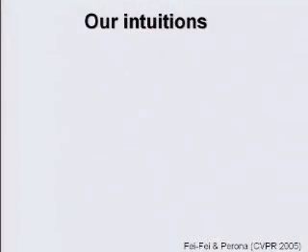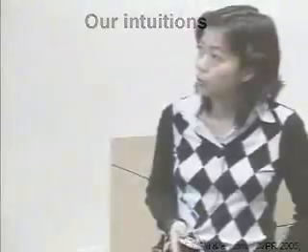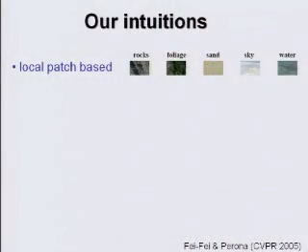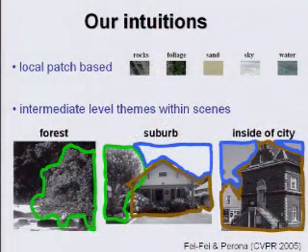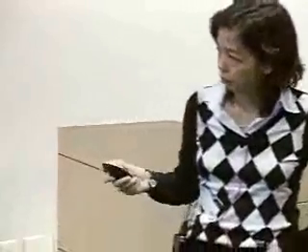So what's our intuition? We still want a local patch-based approach because it is robust to occlusion and invariances. And we also like these intermediate-level themes. It's a good idea because even though you get one label for each scene, you do have these semantically different parts of scenes that are shared across different categories. But we don't want to do it by manual labeling. We want to do it in a very weakly supervised way. We want the machine to automatically learn all this.